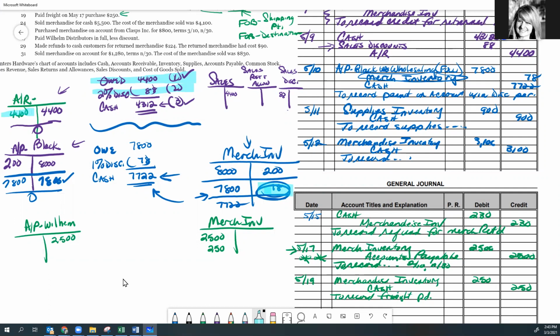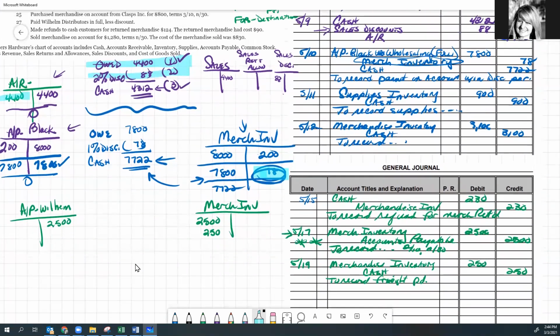Okay. All right, so next transaction is on the 24th. Now we sold merchandise for cash of 5,500 and the cost of the merchandise sold was 4,100. All right, so this was not on account. We actually got paid for it, so we got the cash. But once again, when we are